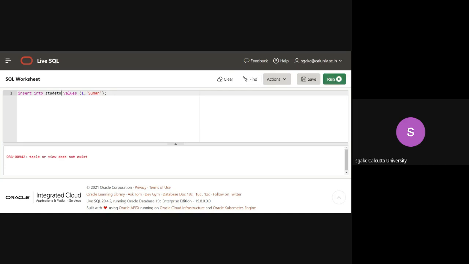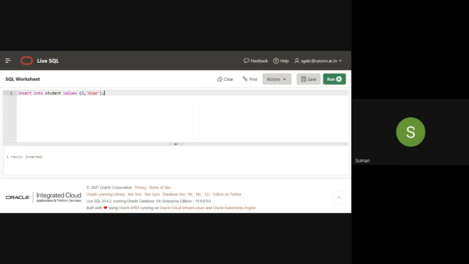You have made a mistake in the name of the table. It says 1 row inserted. Similarly, let's put 2, and I can put some value Azad, and another row is inserted.